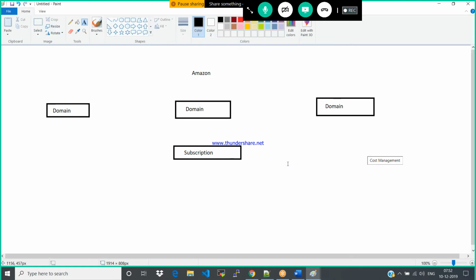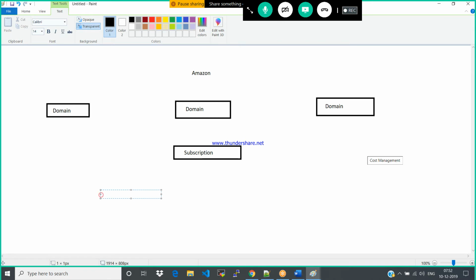If you have only a single subscription, now you are dividing your environments. Then you need to think about a dev resource group, a test resource group, and a production resource group. You are dividing your environment at the resource group level, not at the subscription level. By managing one subscription, you can divide your environments with multiple resource groups.